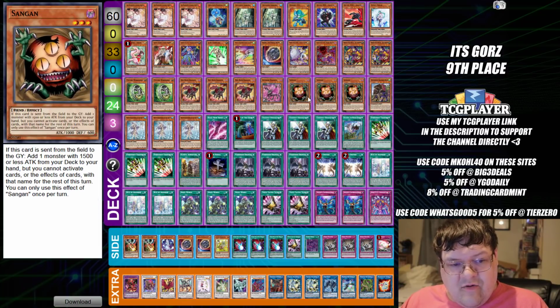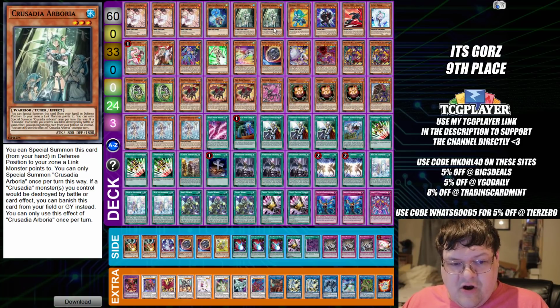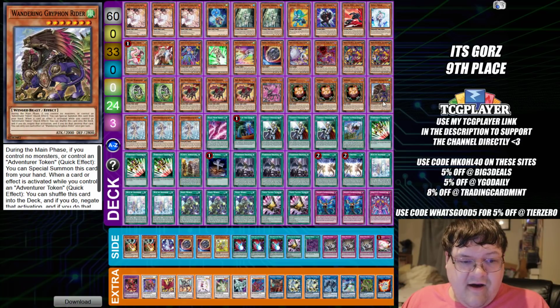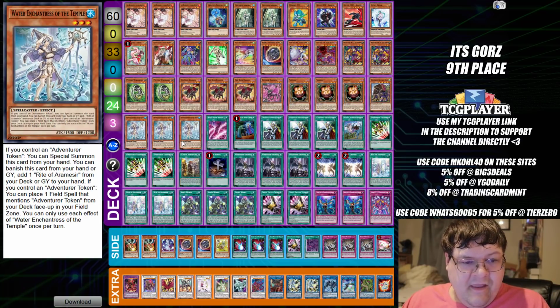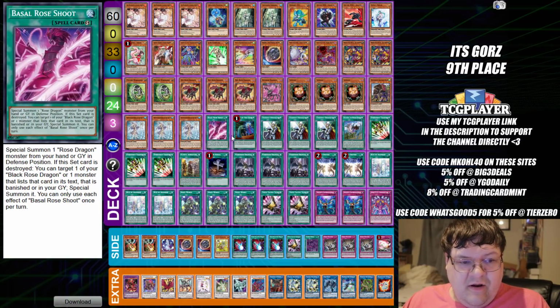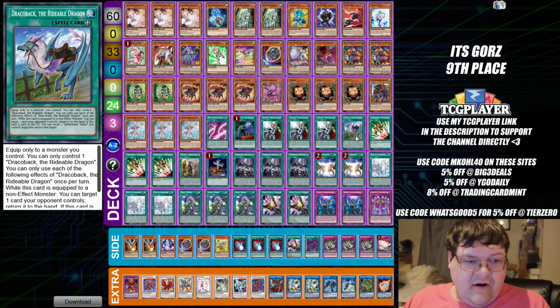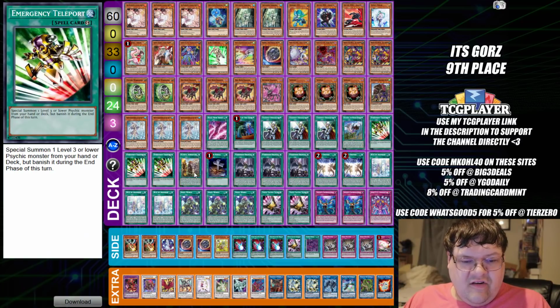We have 1 Rox Rose, triple copies of Normal Summon start my entire combo, because being able to link off into Almirage, search Arborea, I'm able to start combo. We have 1 Griffon Radar, triple Water Enchantress, 1 Basil Rose, 1 Call by the Grave, triple Crossout Designator, 1 Dracoback, triple Emergency Teleport,